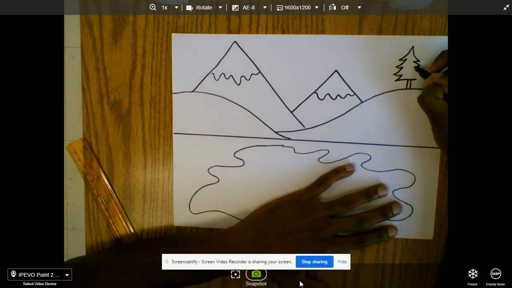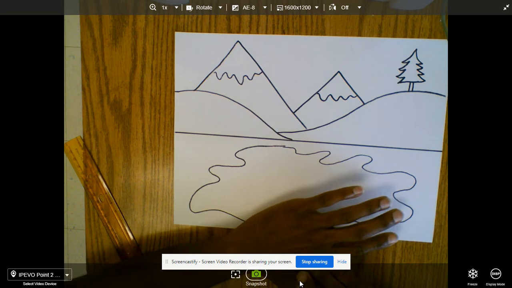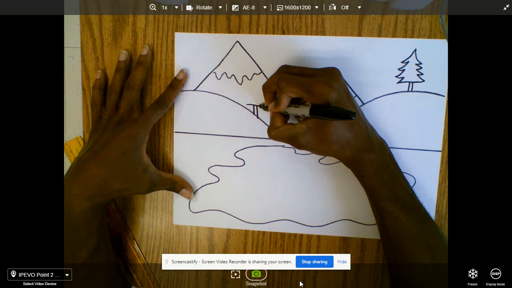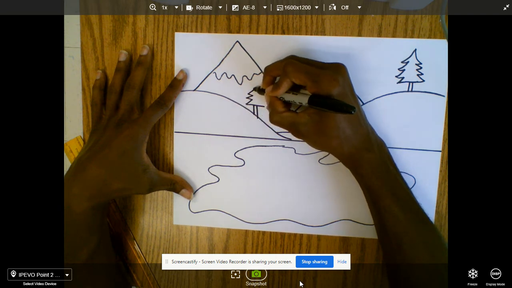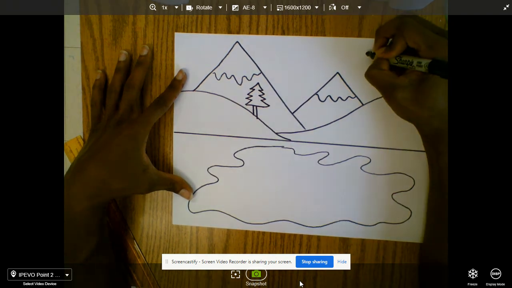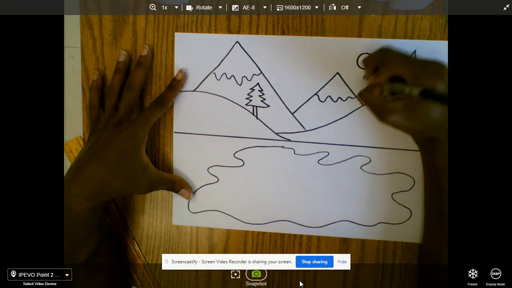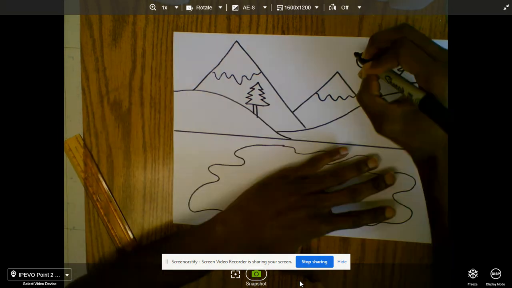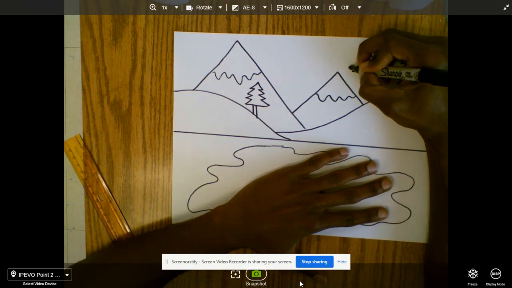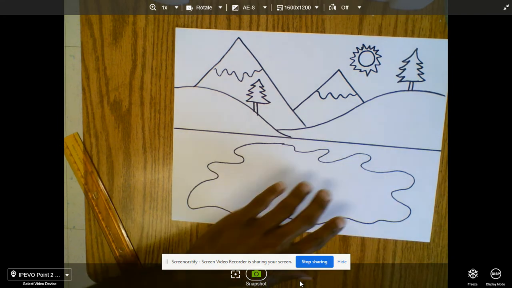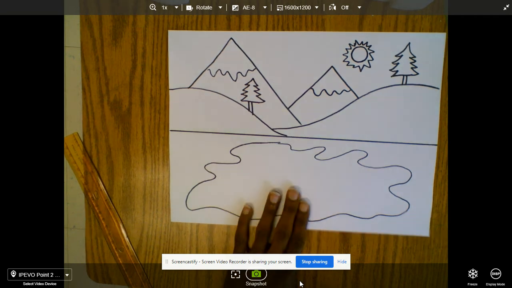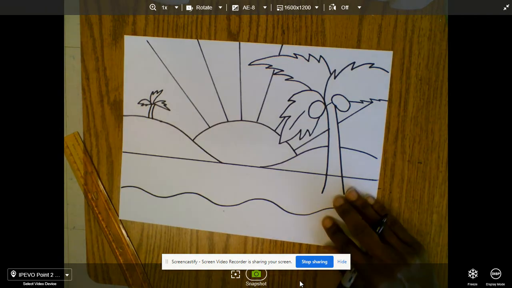Here's an evergreen tree sitting on top of this hill. Maybe I'll do another evergreen tree. Maybe it's sitting right here. All right. And then maybe this time, instead of putting my sun front and center, maybe I draw it in the sky. So now my sun is not really as big as it was in the other landscapes, but it is now further away. So again, a mountainous scene, a beach scene,